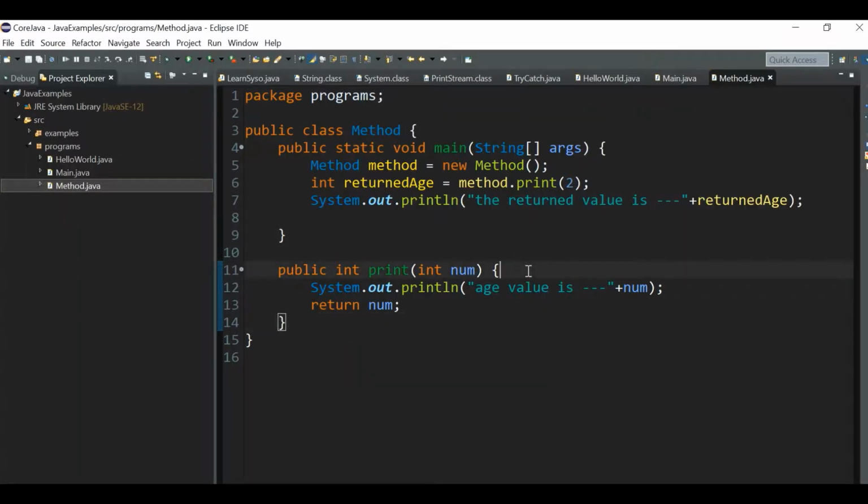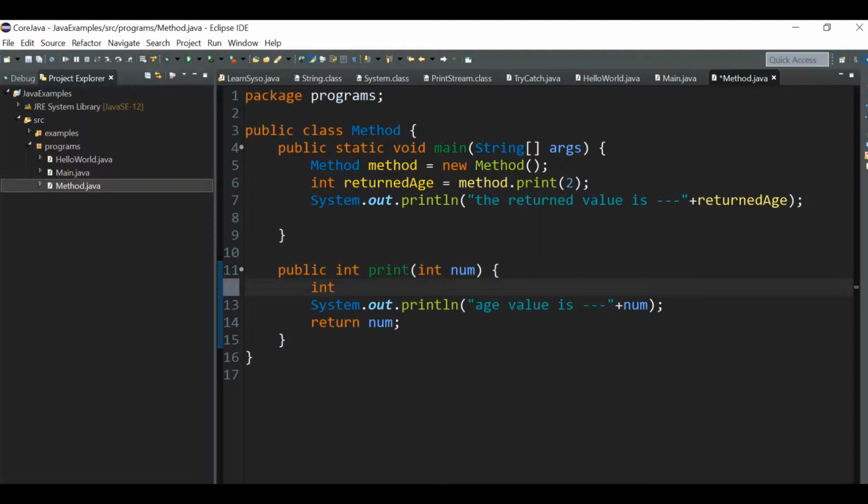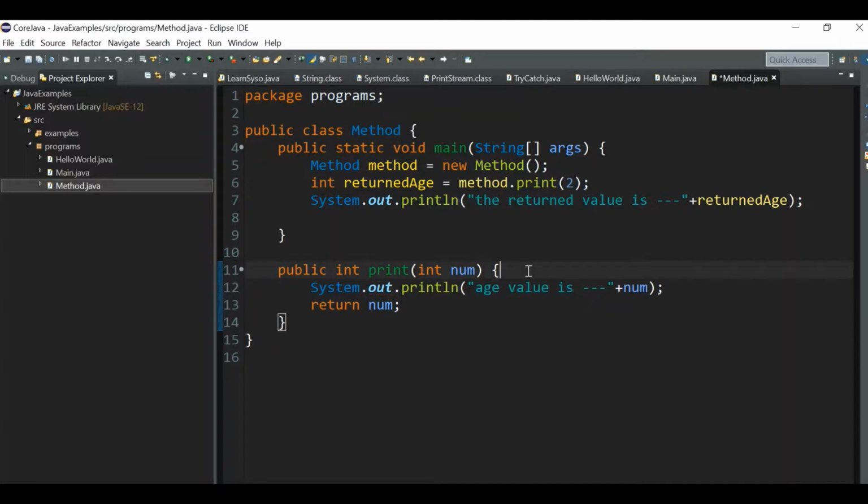Similarly, if you are performing some function, I'm doing a sum operation. I want to do a sum operation with two numbers, so we have to pass two numbers, and it should accept two arguments. We can give it like this, int num1 and then int num2.